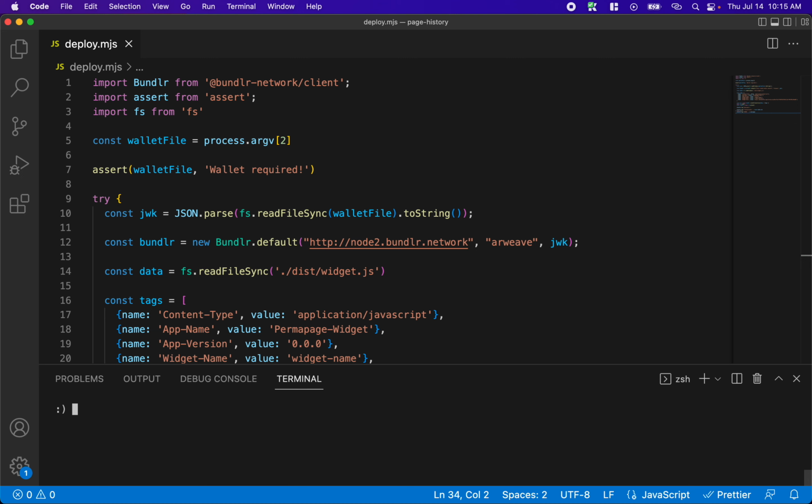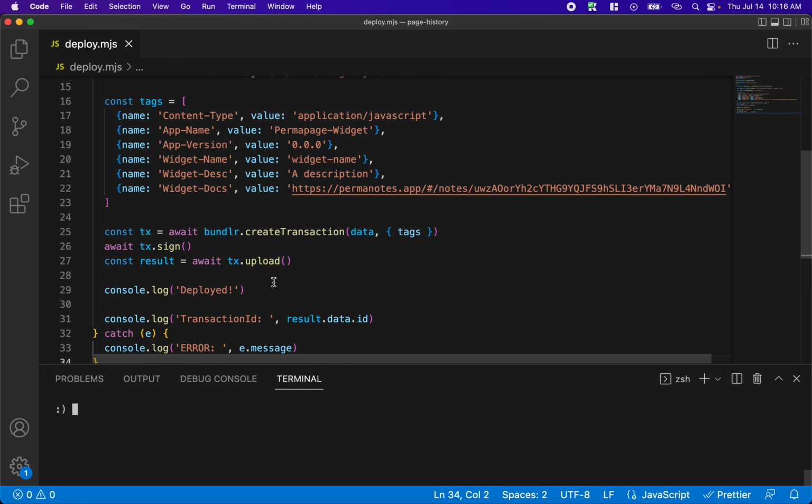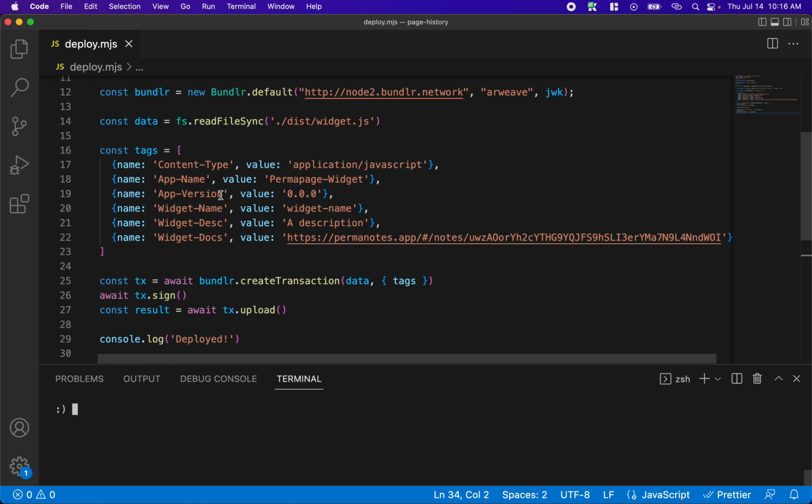And I'm going to rename it to wallet.json like that. Okay. So we're grabbing the wallet file that we include in our process argument, and then we're using bundlers node 2 and arweave, and then we read our widget file,